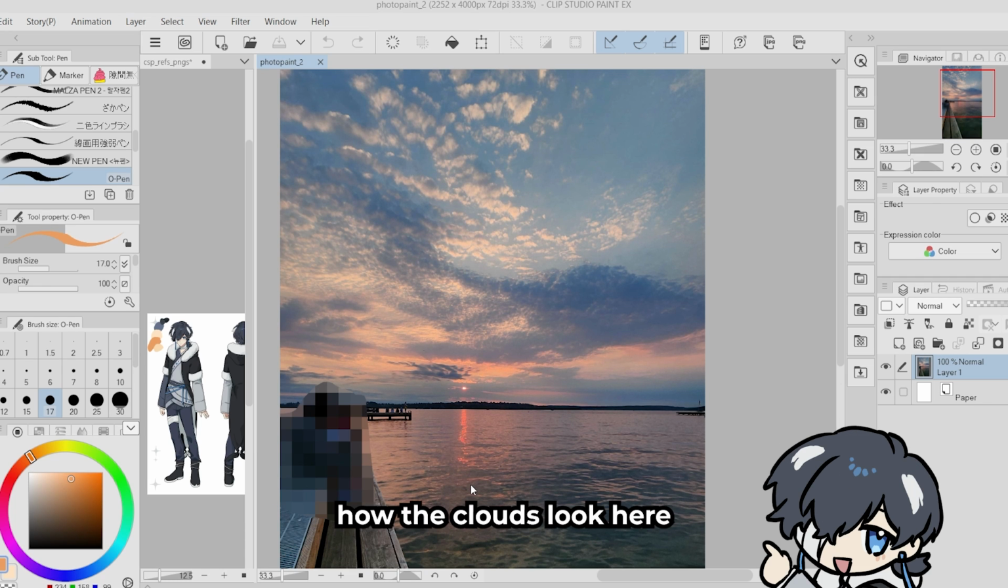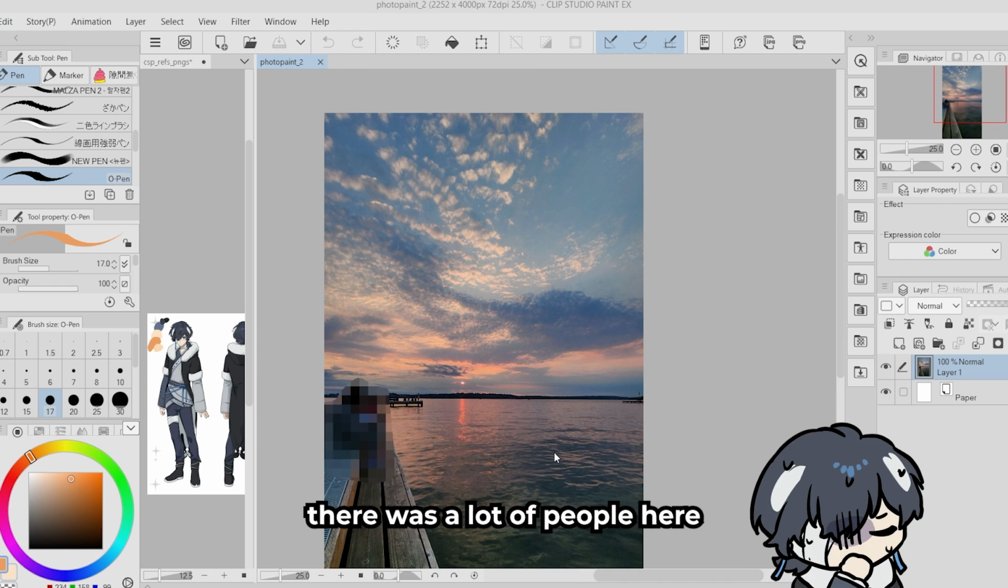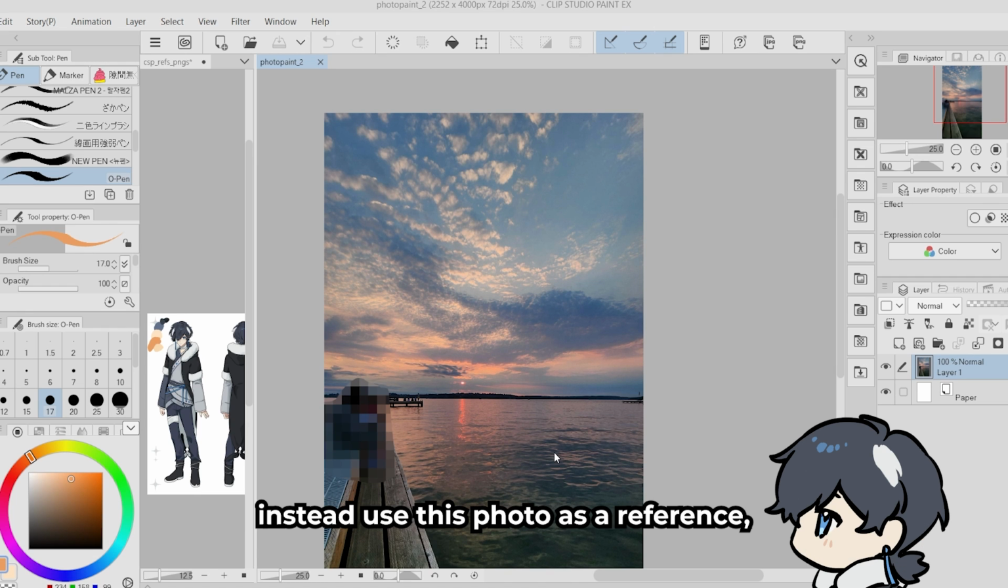I especially like how the clouds look here, and the sunset setting over water. However, because I took this photo on a public dock on a busy summer evening, there were a lot of people here, and I also had to blur out some people to protect their privacy. Because I obviously can't use this photo directly, I'll instead use it as reference to take some guesswork out